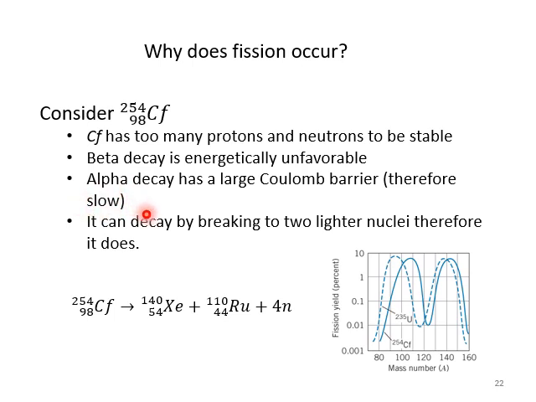And if we look, we find that these heavy nuclei frequently decay by just breaking into two lighter nuclei. They just separate into two more stable nuclei, gaining the energy of binding. So californium can decay into xenon and ruthenium and neutrons,